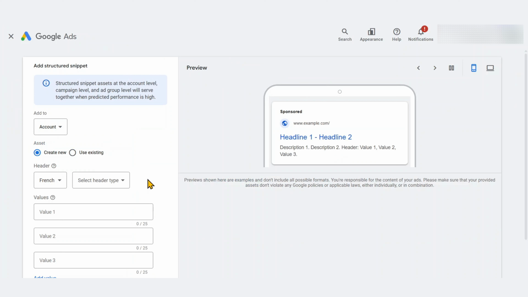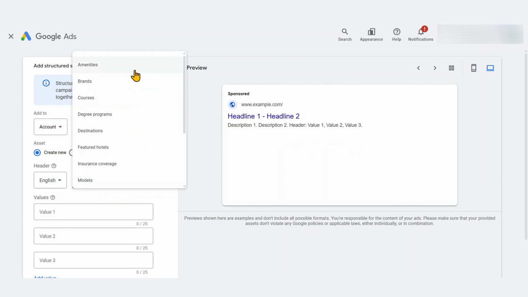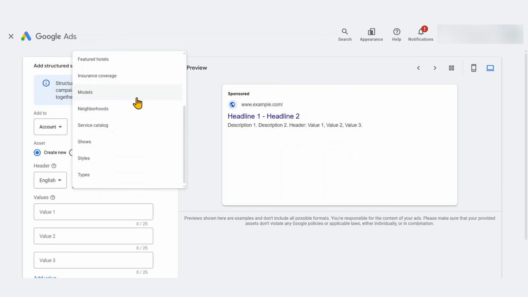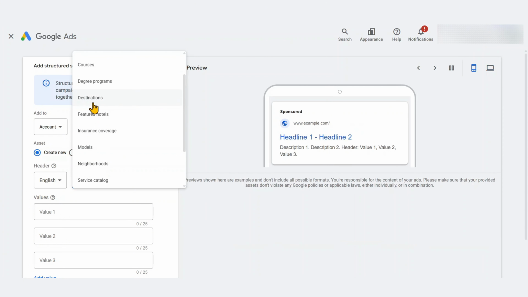First, select your language, then select a header that is most relevant for your product or service from this drop-down menu, and under values, enter the different options. Think of values as examples of their corresponding headers. For example, Costa Rica, Bali, Jamaica are values for destination, Wi-Fi, free breakfast, indoor gym are amenities, and in our